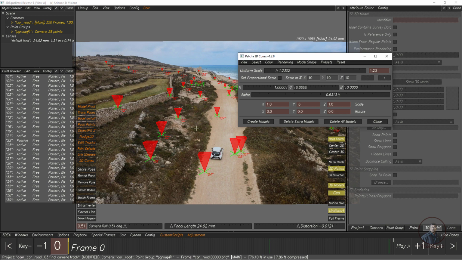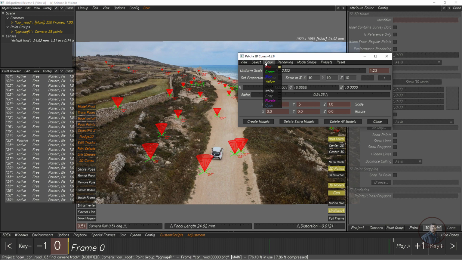If you want to adjust the cone shape, you will get these model shape options. Remember, I am using the current script, which is 1.2.8; with 1.2.6 you will not get all these extra options. If you want, you can use these rounded cones. We will get it like this. You can adjust the alpha channel according to your requirement, but this is sufficient for us. Even make it 0.5. Now these are looking good.